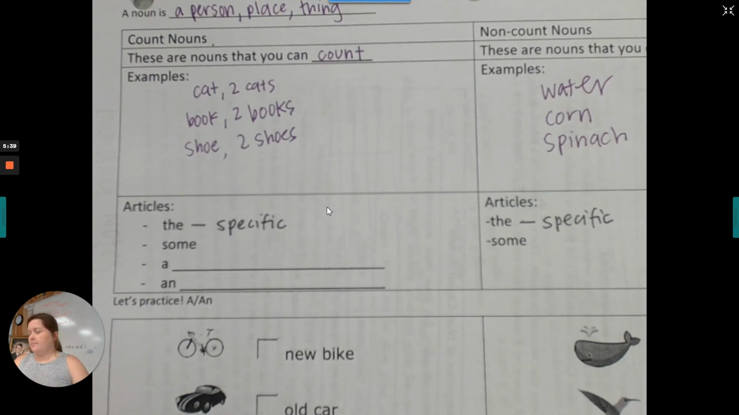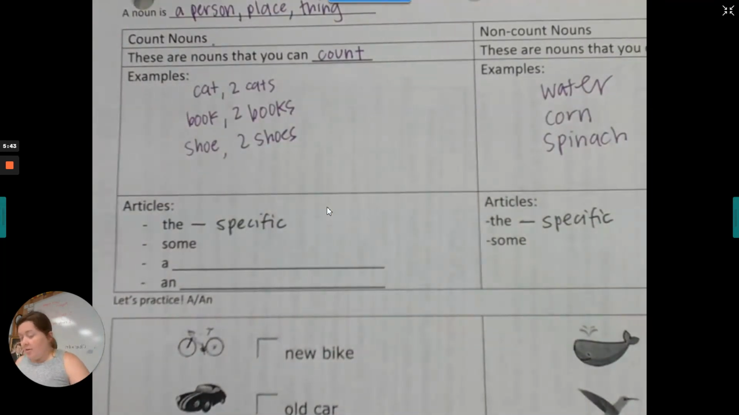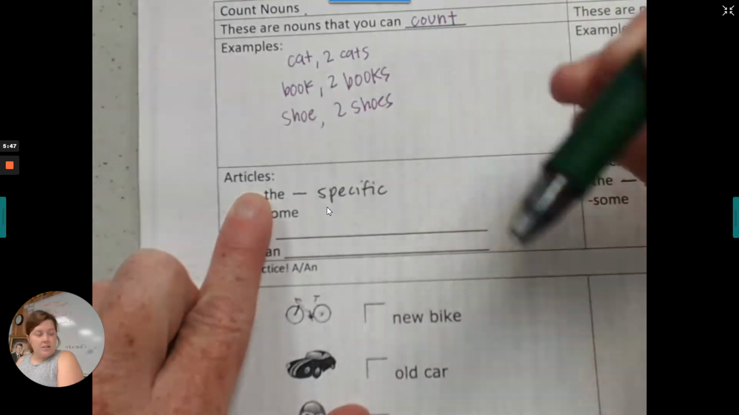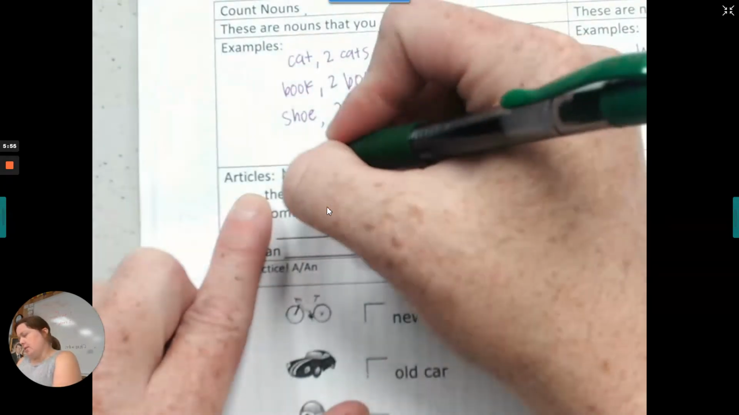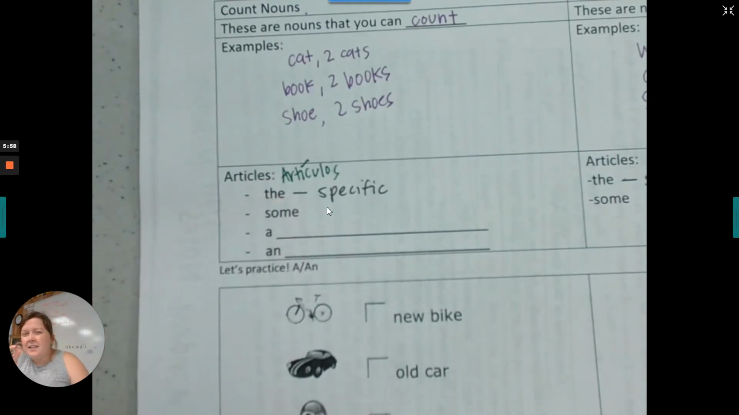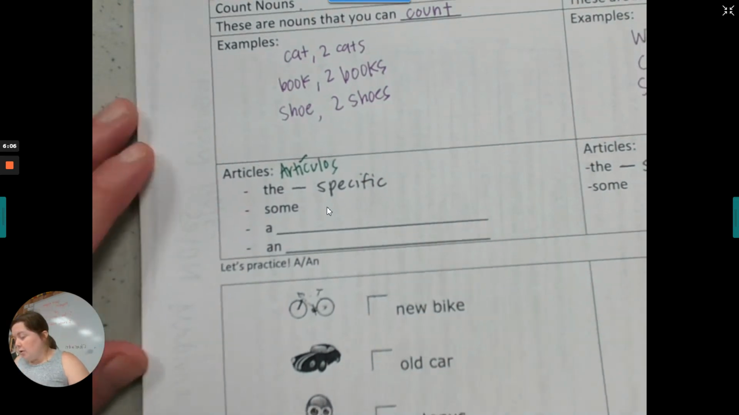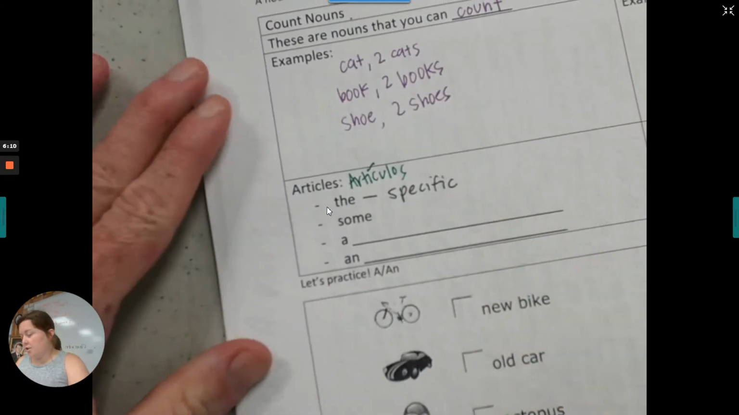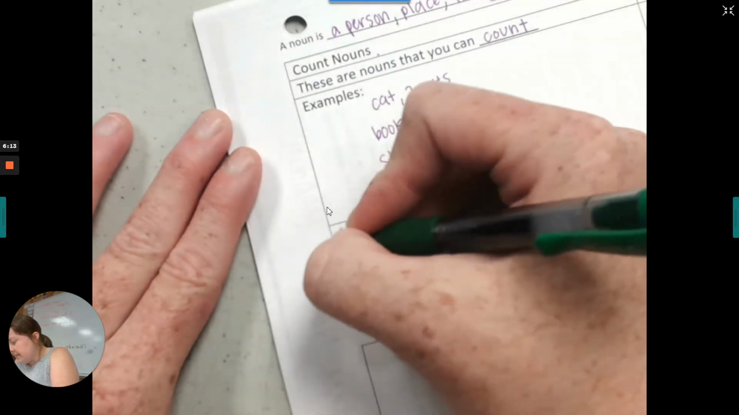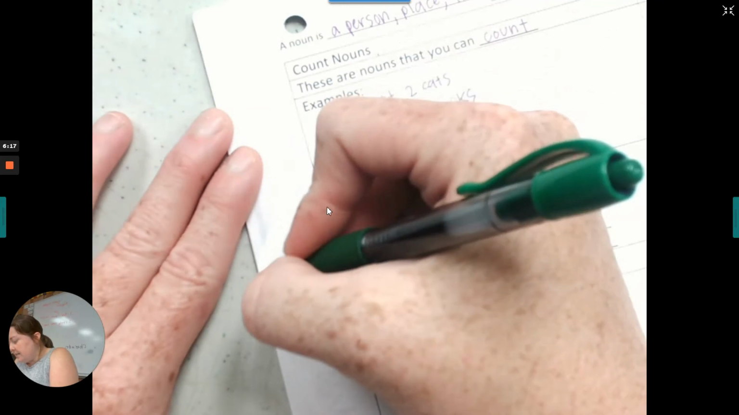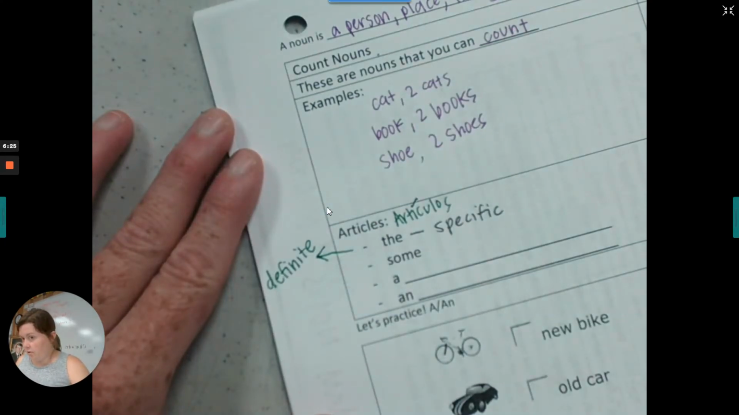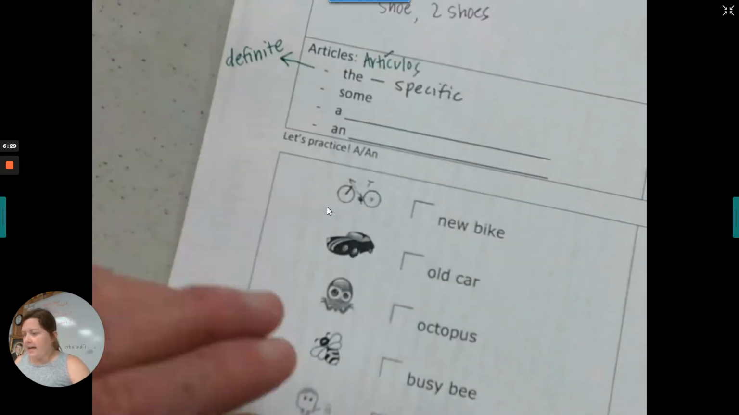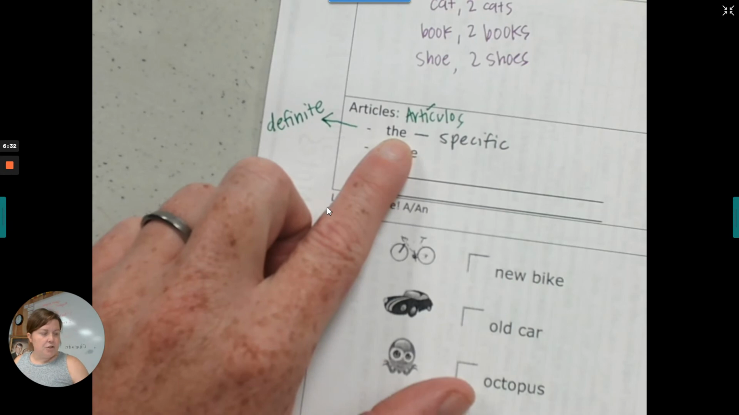Okay. All right. So now we're going to talk about articles. In Spanish, this would be artículos. Okay, articles. These are the little tiny words that come before nouns. Okay? And so there are two kinds of articles. So the first one is the, and we call it a definite article, definitivo, because when you say the in front of a noun, you're talking about a specific thing that you want or that you're talking about,